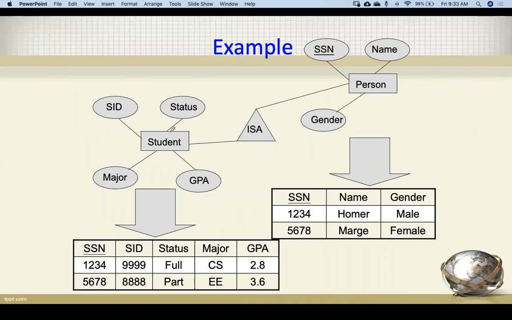And how we can create the student table: student has SID, status, major, GPA, but apart from that we connect with SSN also, so that these two tables will be connected, because the student has its name also, gender also, and a social security number like Aadhaar card. With this primary key we have attached them to each other. In this table you can see the primary key is SSN, not SID. So the primary key of this table will become the foreign key of this table, in that way.